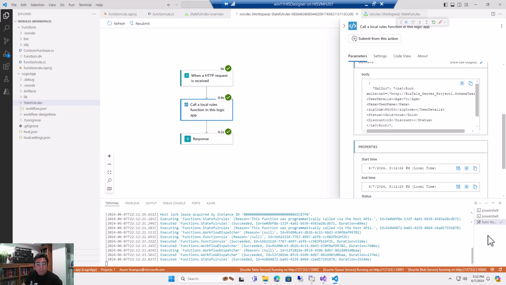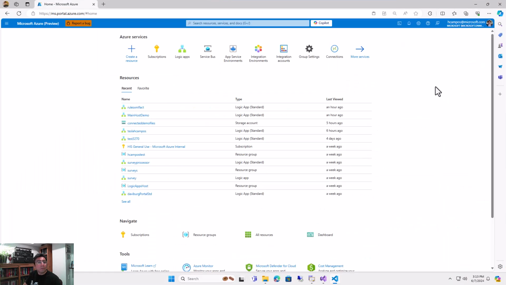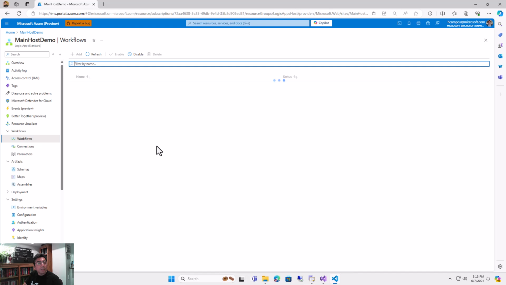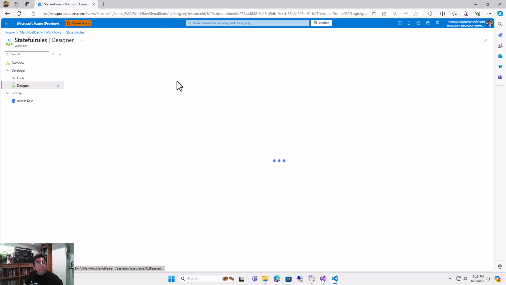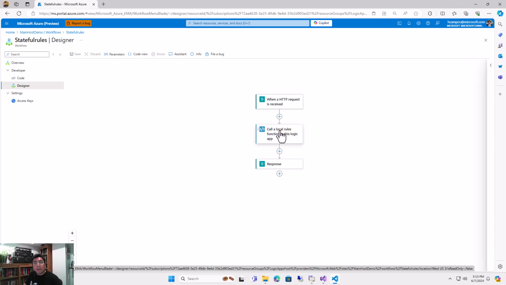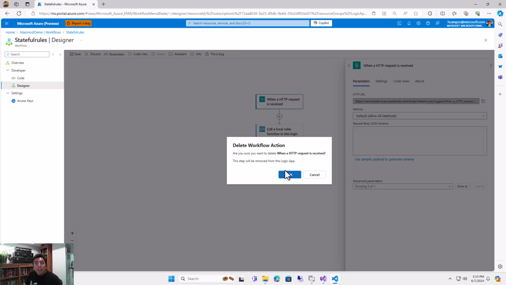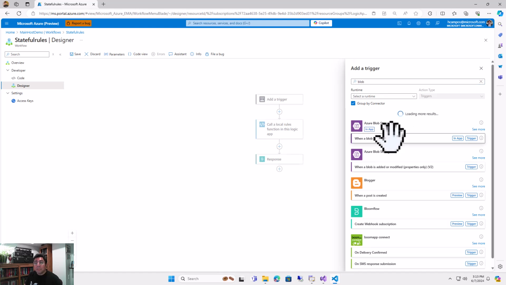Now something interesting to mention is that in the particular case of the rules, let me open this Logic App where it got deployed. I'm going to go to the workflow that it created. The name was rule something, stateful rules, yes. So then I have this workflow in the designer. I have the trigger, I have the call rules, right? You can easily just delete this trigger and then add another trigger, just when a blob is added or updated,